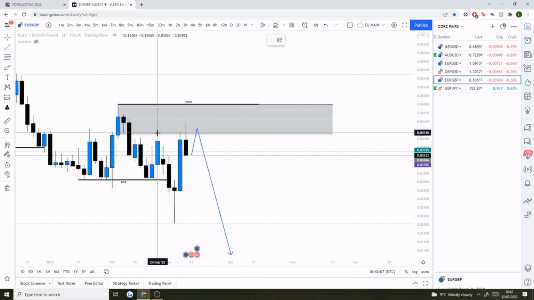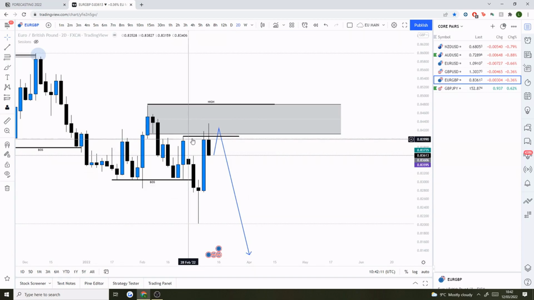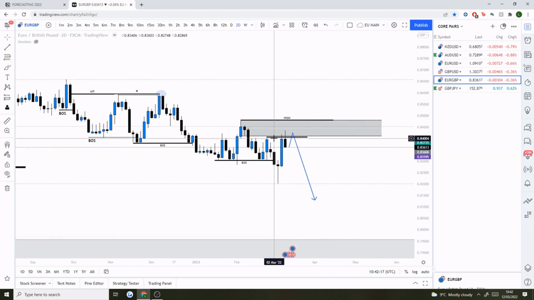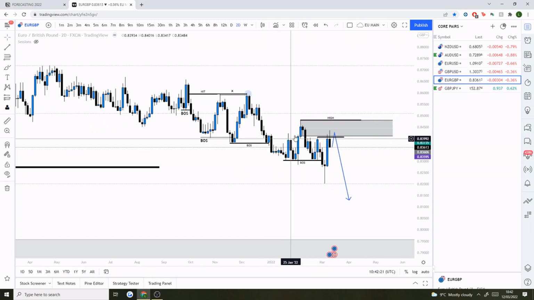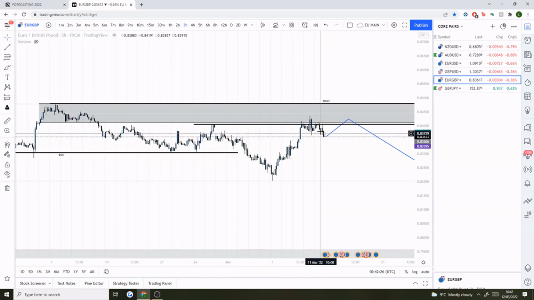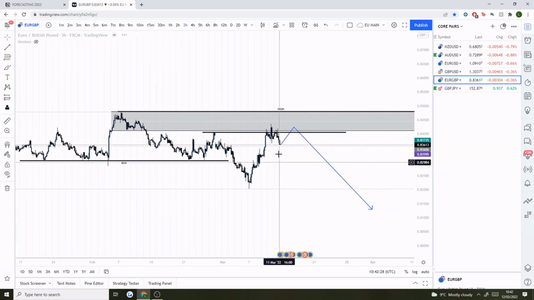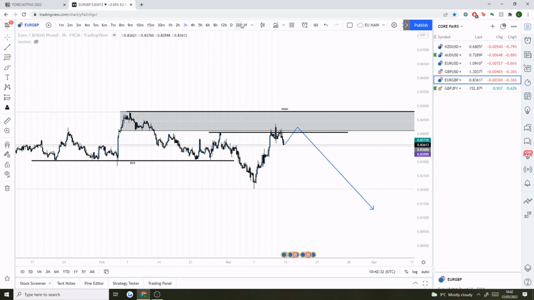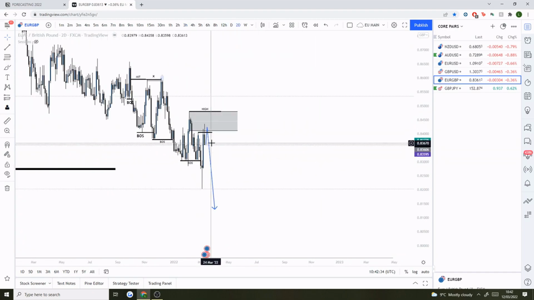Now the 2-day structure, the actual high was on this candle here, and what we can see is price has actually respected this high. So for me, we're still very much in this bearish bias, and price has actually respected even the 2-day bias there. So for me now, it will make sense for price to just continue going short, and I will look for continuation short on euro pound away from the order block that's on the 2-day there.